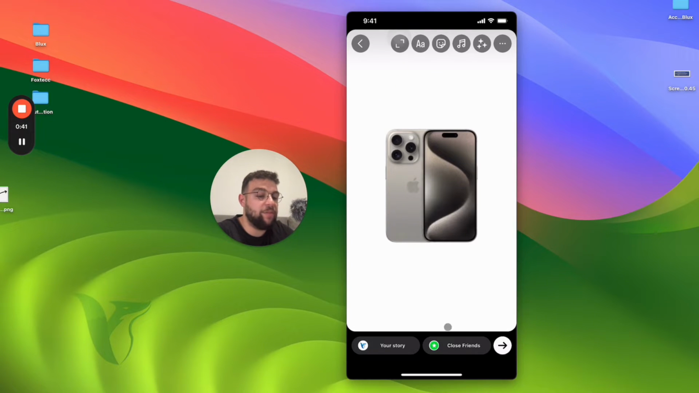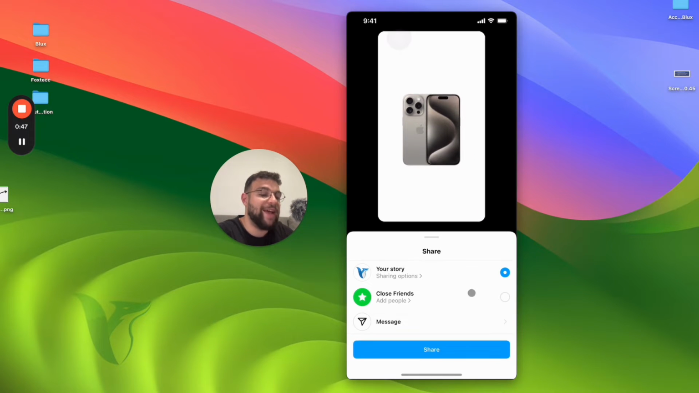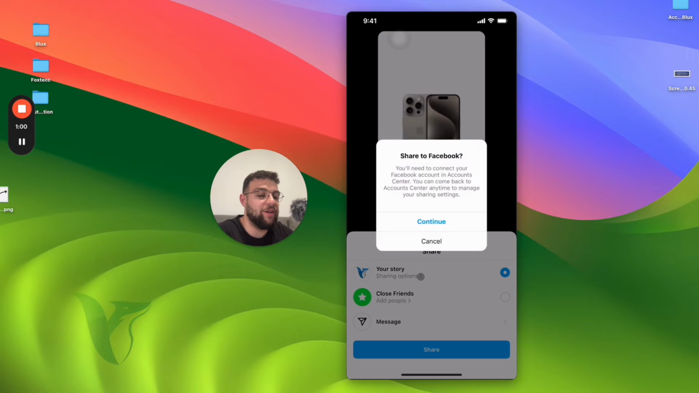But if I want to make sure that I post it to both Facebook and Instagram at the same time, I just have to click on the arrow at the bottom. And this shows me the option right here. So I can share it as a message to someone, add to my close friends list, or share it to just my Instagram. Or I can click on the sharing options arrow at the bottom right here, and this will